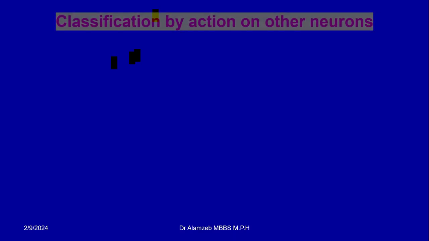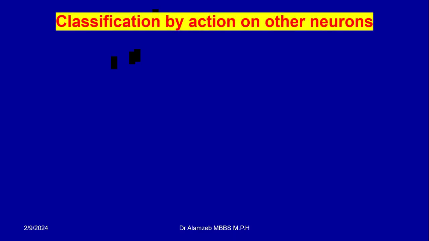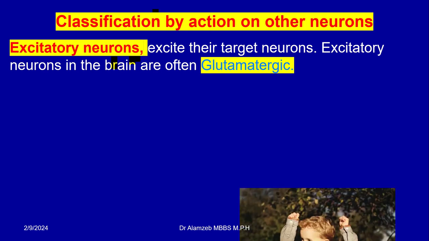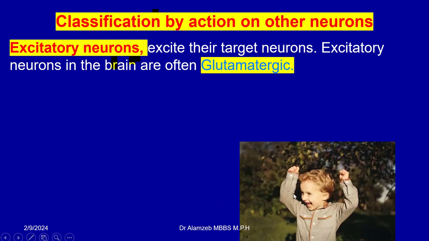Classification by action on other neurons. Excitatory neurons excite their target neurons. Excitatory neurons in the brain are often glutamatergic. They cause excitation and they release the neurotransmitter glutamate. That's why they are called glutamatergic neurons and they cause excitation. Inhibitory